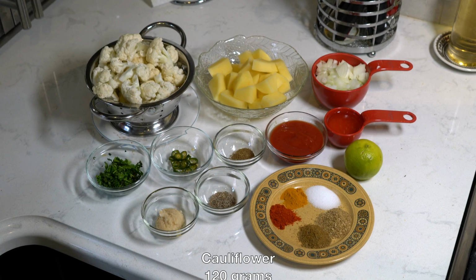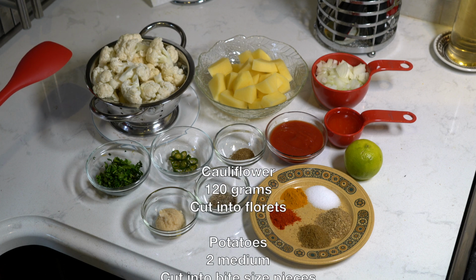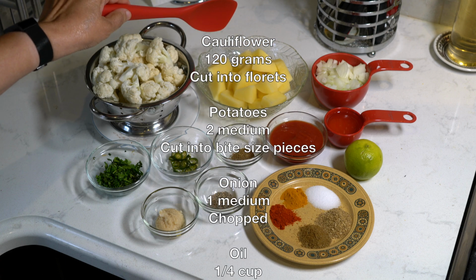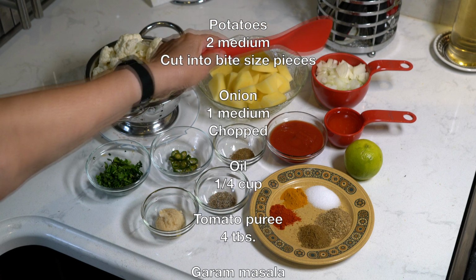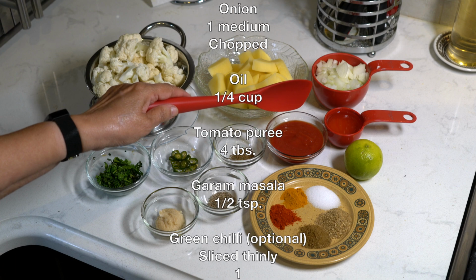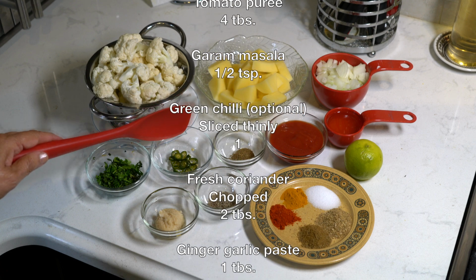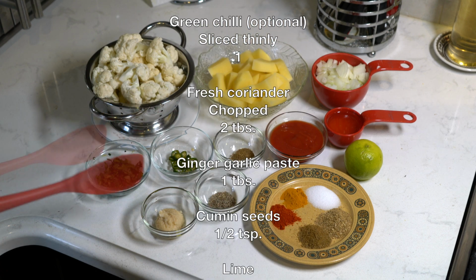I have taken a small head of cauliflower and cut into small pieces which weigh about 120 grams. I've taken 2 medium potatoes and cut them into bite-sized pieces, 1 medium onion chopped finely, 1/4 cup cooking oil, 4 tablespoons tomato puree, half a teaspoon garam masala, 1 green chilli sliced, 2 tablespoons of chopped fresh coriander,